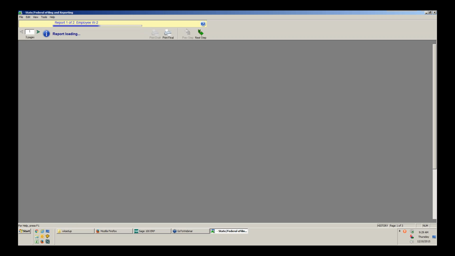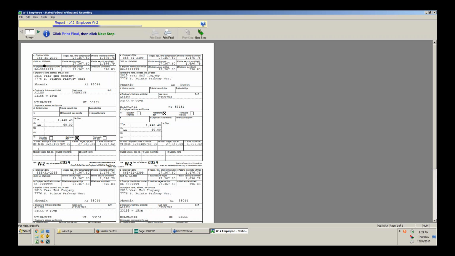Now once we go through that, it loads the information. You'll see it shows on the screen here what it's going to look like when you go to print it. One of the reasons these forms line up so well is because it actually prints the lines and boxes and labels for you. So there's none of that trying to adjust and inch things up and down. It's all going to line up. So when you're ready, you hit the print final,